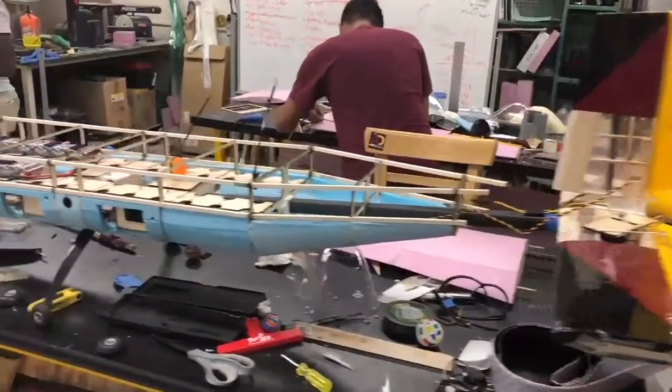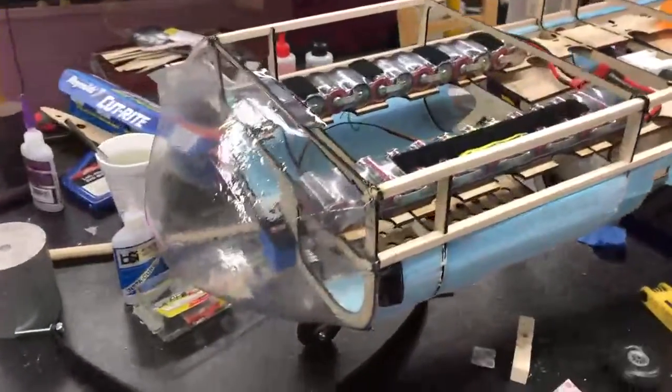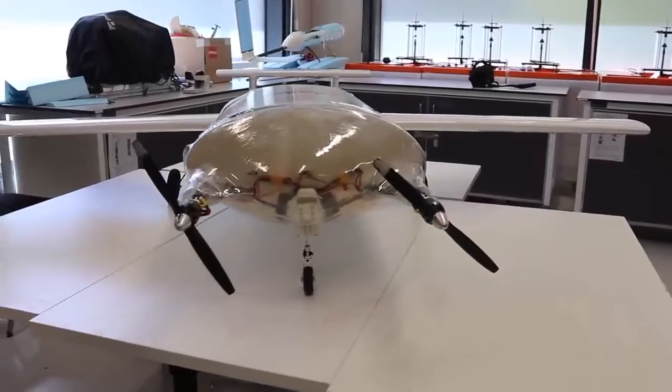My name is Zach Roland. I'm the project manager for this GDP, Remotely Deployed and Recovered UAV. For this project, the team has developed two separate aircraft, one in collaboration with Arizona State University for the American Institute of Aeronautics and Astronautics Design Build Fly competition, and the other, Toto, we have developed to demonstrate autonomy for